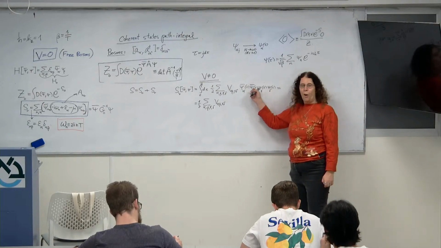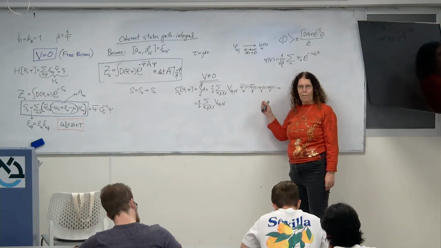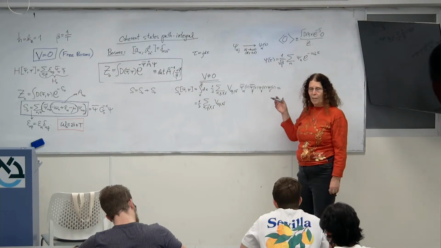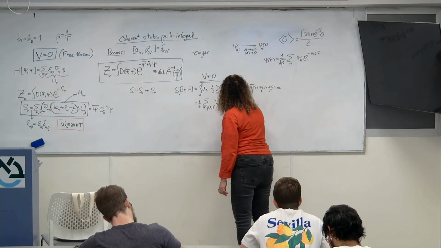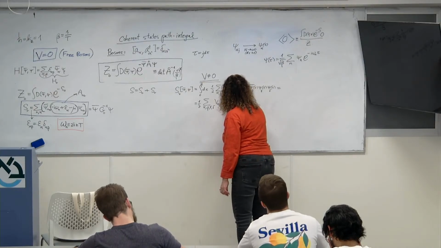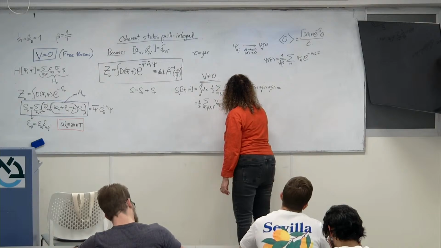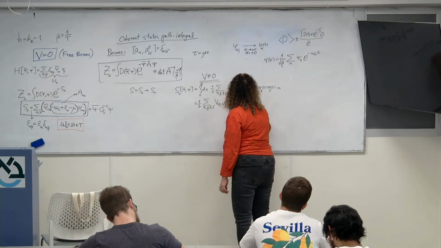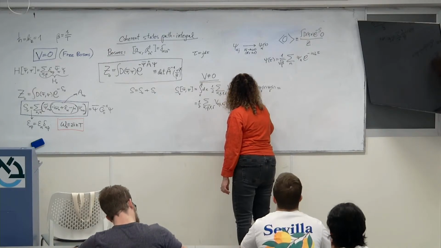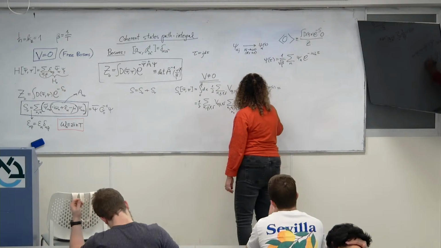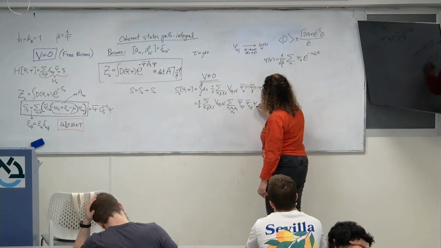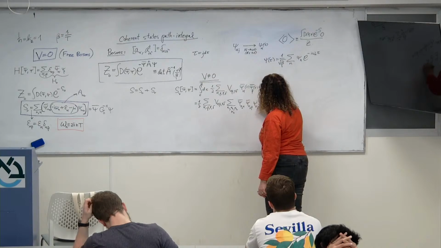Because I have four fields, how many summations do I have? Four: n1, n2, n3, and n4. Altogether, I'm going to add a summation over n1, n2, n3, n4 of psi bar n1 alpha, psi bar n2 beta, psi n3 gamma, psi n4 delta,